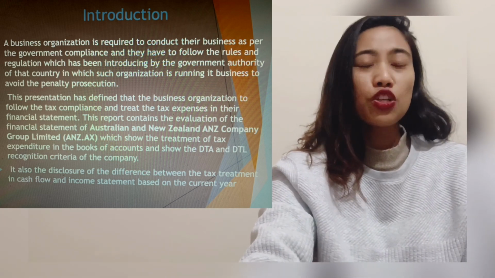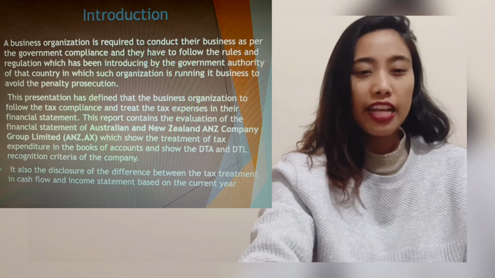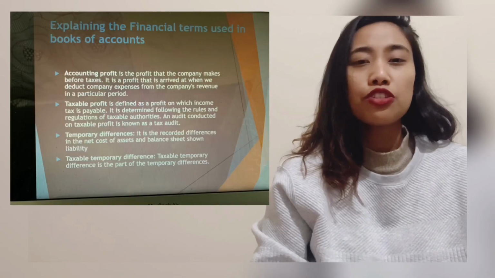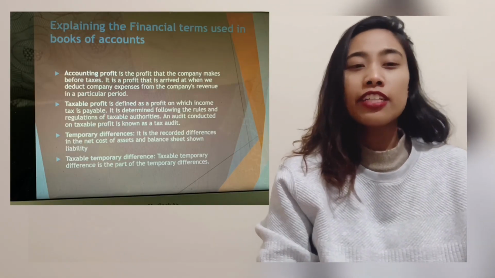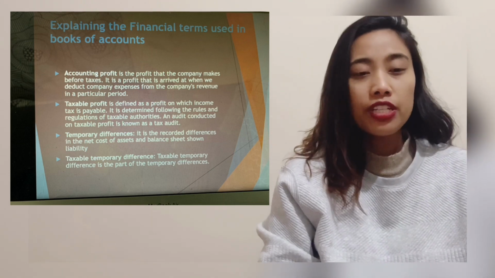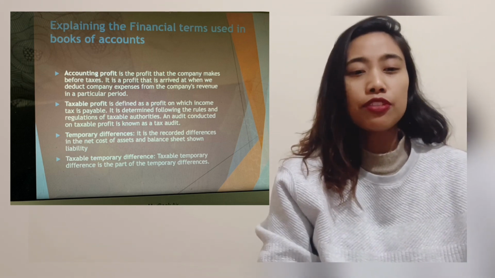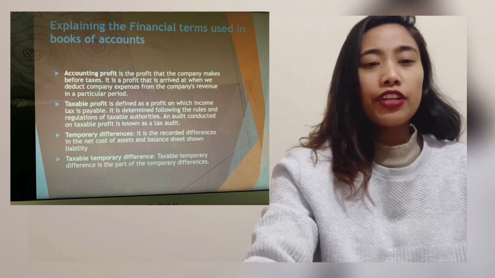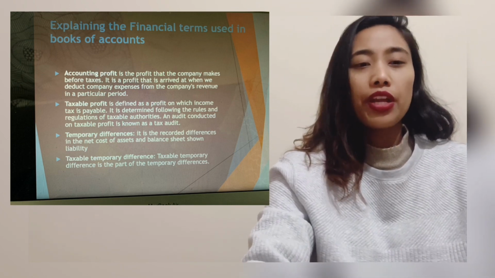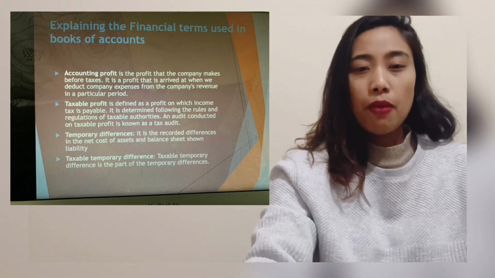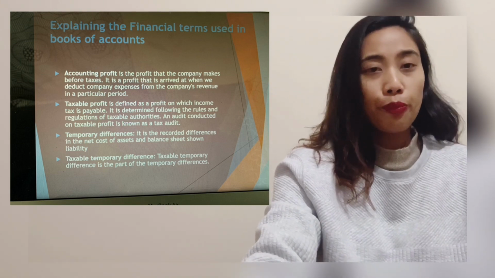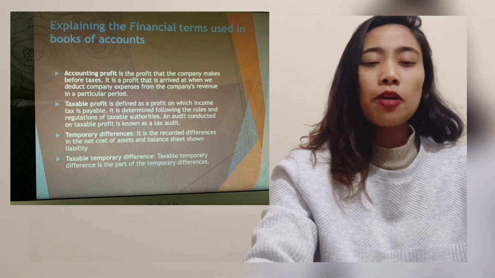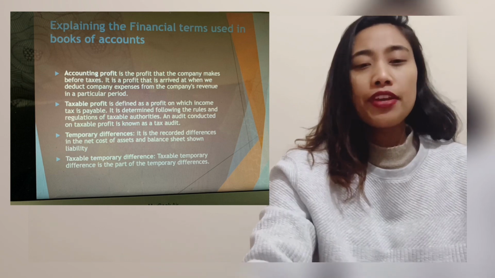Hence, it has also disclosed the differences between the tax treatment in cash flow and income statement based on the current year. Now discussing the financial terms used in the books of accounts, it includes the accounting profit, tax profit, temporary differences, and taxable temporary difference. Accounting profit is the profit that the company makes before taxes. It is the profit arrived at when we deduct company expenses from the company's revenue in a particular period of time. Taxable profit is defined as a profit on which income tax is payable, and the temporary differences are recorded